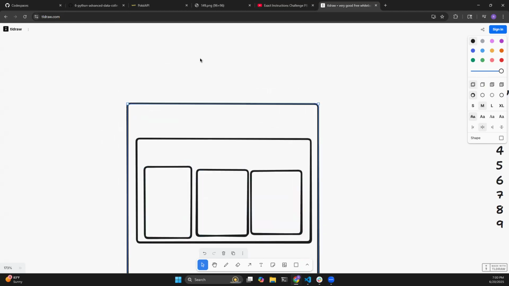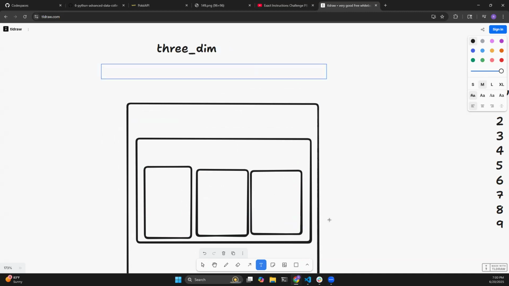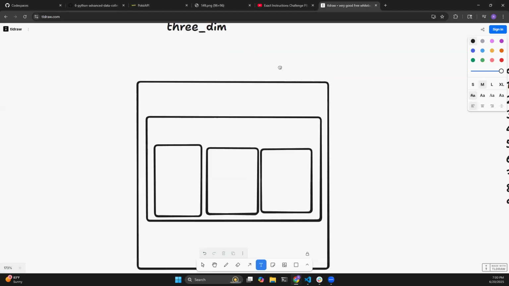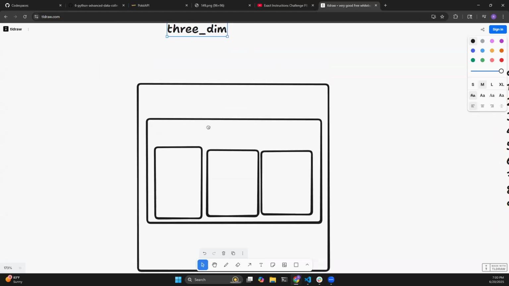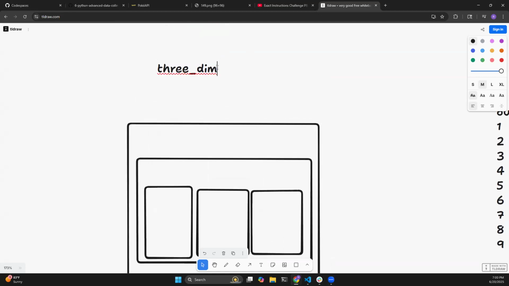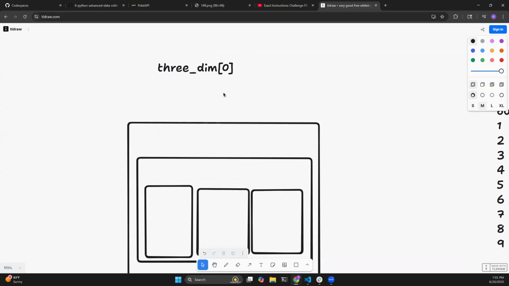So this is that outer list, right? 3 dim, right? If I just call 3 dim, that's the entire list as a whole. I want to grab that first inner list in here. So I call index 0, right? Because it's the first. I only have one list in here, obviously, which is this one big list, right? That's going to allow me to get access to this list, and we're going to grab the first item